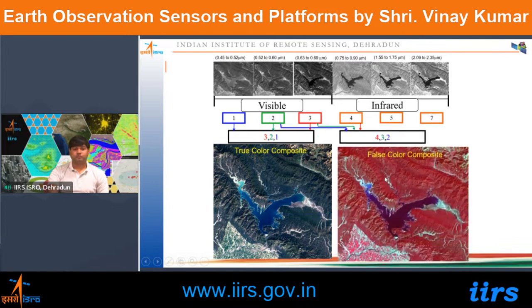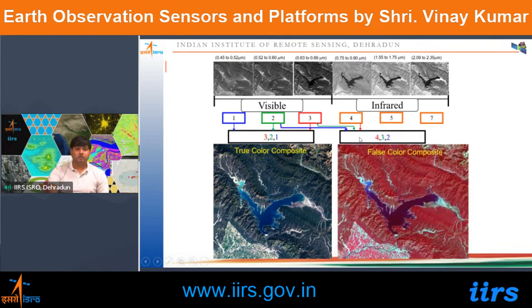But when you visualize the near infrared band through red, red band through green, and blue band through blue, then that is called a standard false color composite. Now, why do we use this kind of color composite for interpreting the information? Because you know that shorter wavelength scatters more, like blue wavelength scatters more, and near infrared bands have high reflectance in the case of vegetation. So that's why for differentiating water and vegetation cover, this particular band combination is best